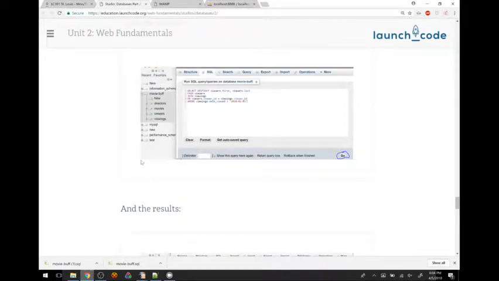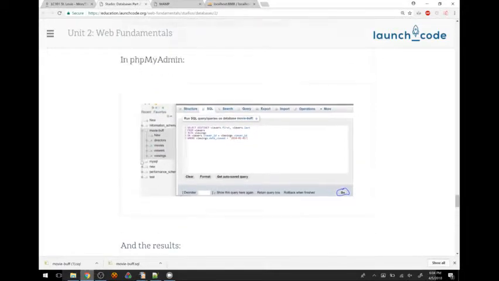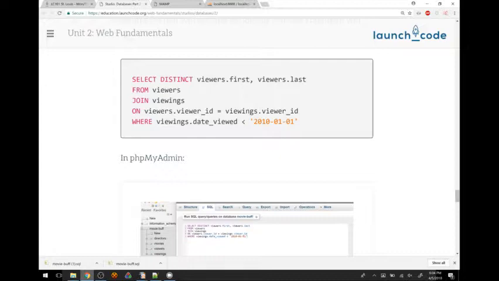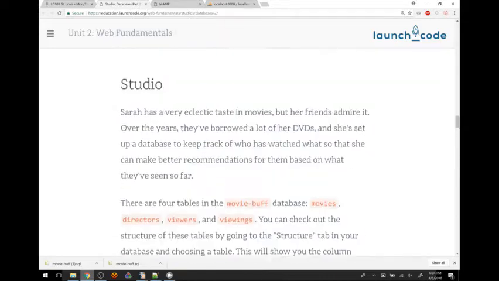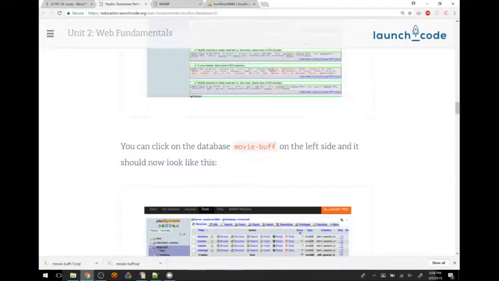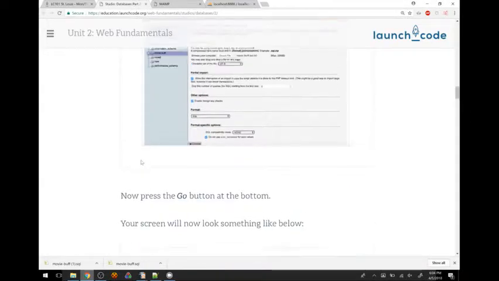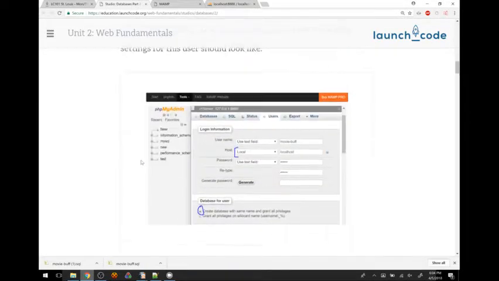We've got more tables this time. Last time we just had 2, movies and directors. Now we've got viewers and viewed as well. So we've got some information tracking when people have watched stuff, who's watched what movies at what point in time. That should allow us to do some more complex things, some more interesting SQL queries, which is going to be your task for Studio today.